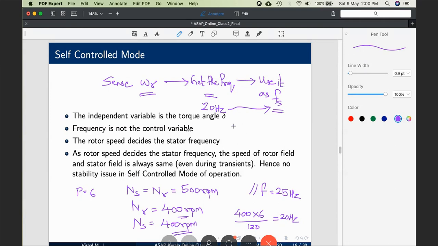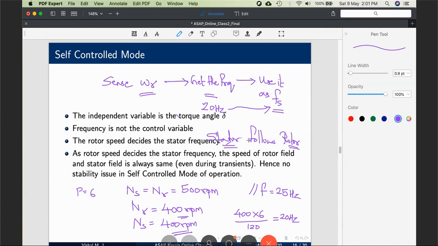At least I think most of you would be confused how to increase the speed of this machine. Now, if the stator itself is following the rotor, how can you increase the speed of the machine? That we will discuss in the coming slides. So understand, in self-controlled mode, the stator follows rotor. Not in terms of delta. What I'm saying is that the rotor speed decides the speed of the rotating magnetic field, not the other way around. Earlier, the RMF speed was the rotor speed. Now it is just inverse of that. The rotor speed decides the stator RMF speed.